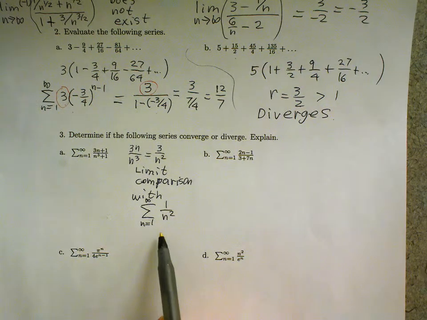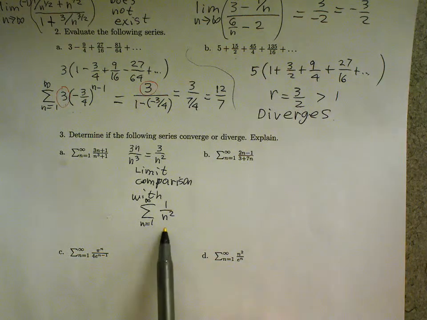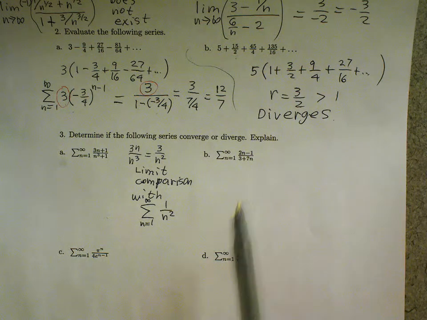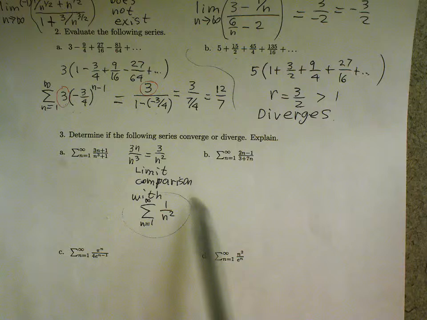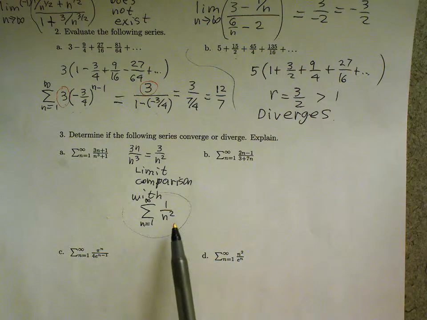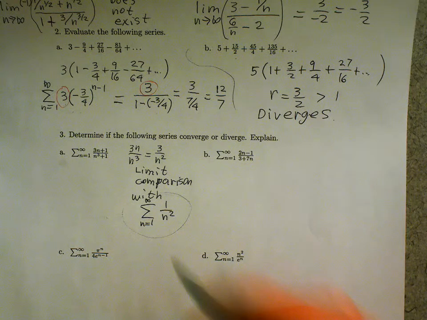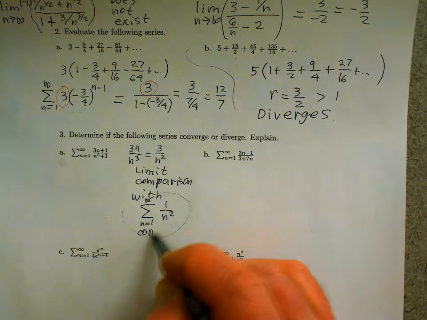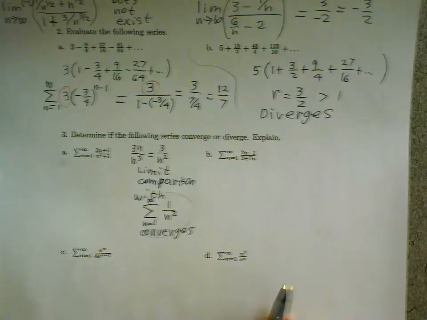So in the limit comparison, if we get a positive number as the limit, then that means both of the series do the same thing. We know that this series, where the terms are 1 over n to the second, is a p series. The value of p is greater than 1, so we do know that this converges. Okay, so in the limit comparison,